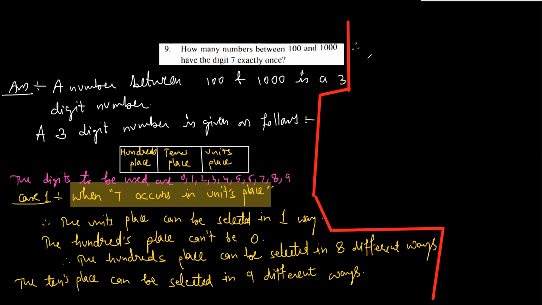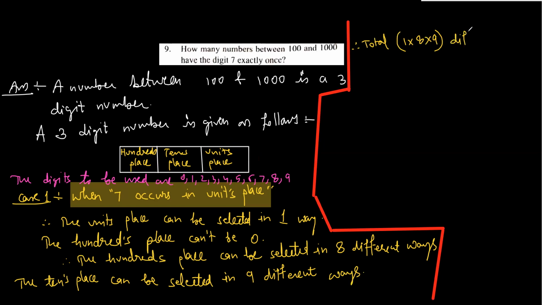Therefore, total. See, what is the work that you did? You selected the units place in one way, the hundreds place in 8 ways, and the tens place in 9 ways. So total, in how many ways can you do all these three? 1 into 8 into 9. Therefore total 1 into 8 into 9